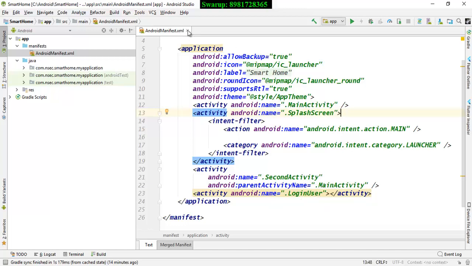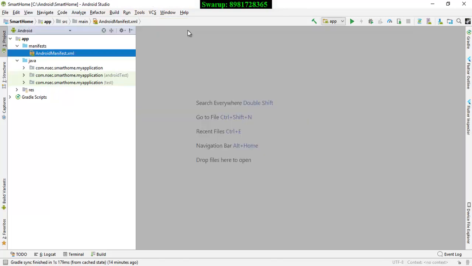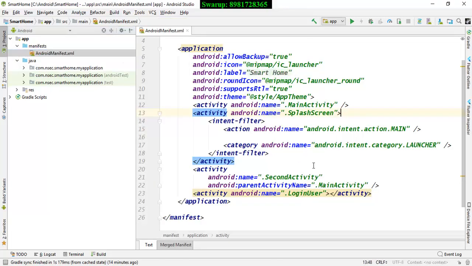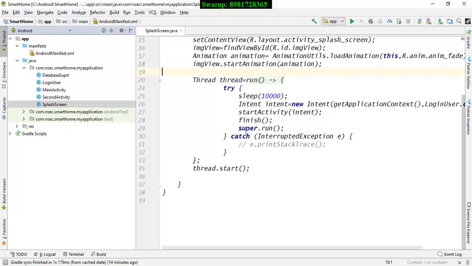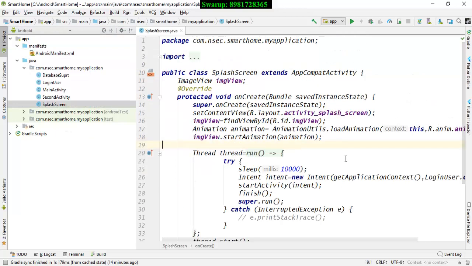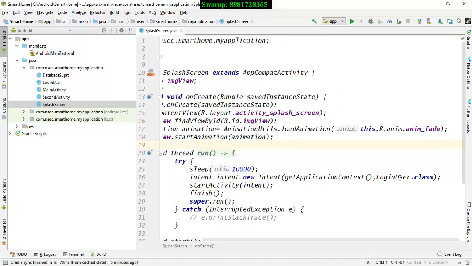So let me do one thing. I will start with, as you can see over here, it has got splash screen. So this is a splash screen. Come to the Java, come to the package, and you will find a splash screen over here. This splash screen is going to run for a certain time, that is 10,000 milliseconds. It will be 10 seconds. It will be running for the 10 seconds, and after it has executed successfully, then it will be opening the